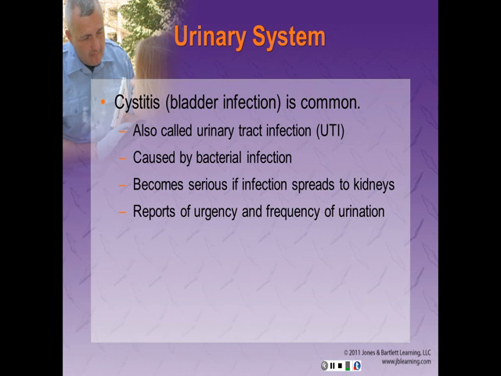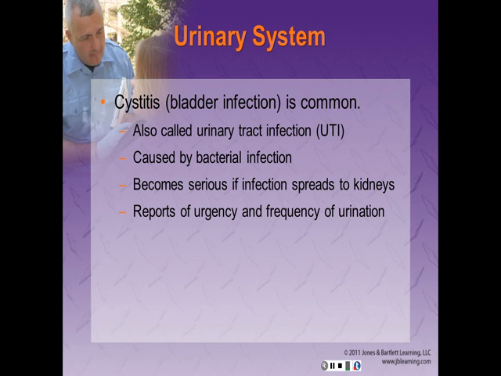The urinary system. Cystitis, or a bladder infection, is common, especially in women. We also call this a UTI. It is a bacterial infection, and patients will usually have lower quadrant abdominal pain. They may also report an urgency and frequency in urination, and it can become a serious problem if infection spreads